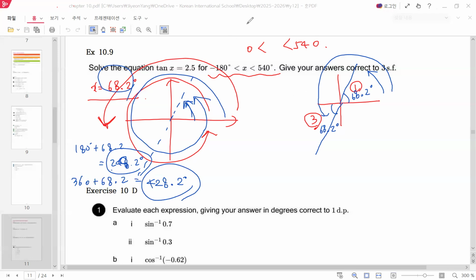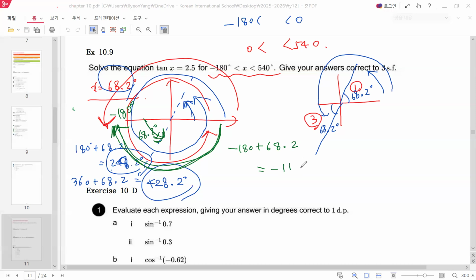Let's calculate the negative direction, which is negative 180 to 0. Means that half turn, right? So you should go to 180 negative direction and then go back to 68.2 degrees. Guys, can you see that this is the negative direction and this is the positive direction? So the angle you need to find is negative 180 plus 68.2. By using your calculator, please tell me the value. 11.8 degrees. Thank you so much. Therefore, the answer is